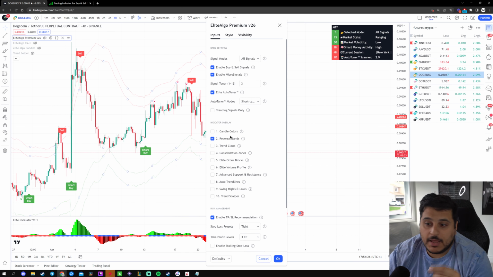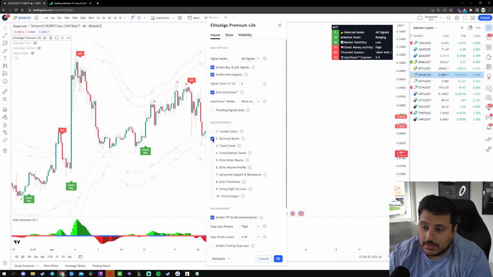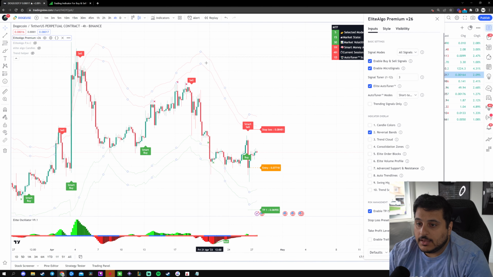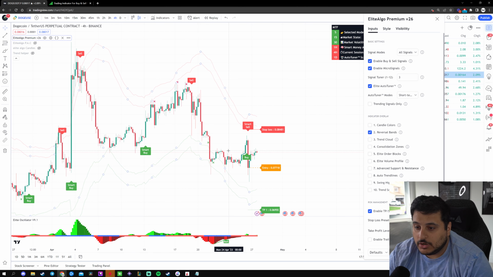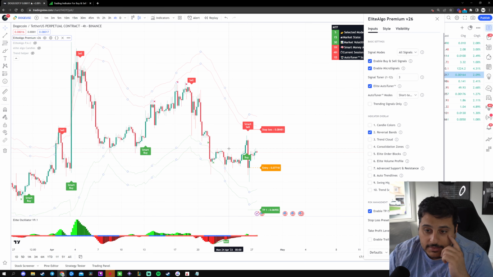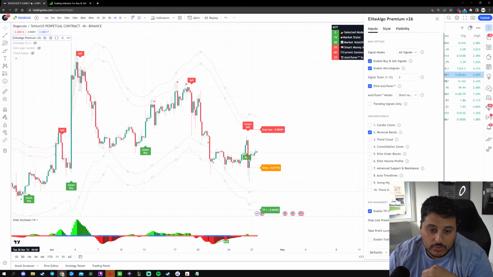All right, so up next in the indicator overlay tab right here, we can see we have a setting called reversal bands. Now by clicking this on, it's going to add these red and green bands that you see right here on the chart. Now what do these do? These give you areas where we could potentially see a pullback. So over here, for example, the price came up, it hit these red bands here, and we saw a pullback back down to the downside. It went back up again,